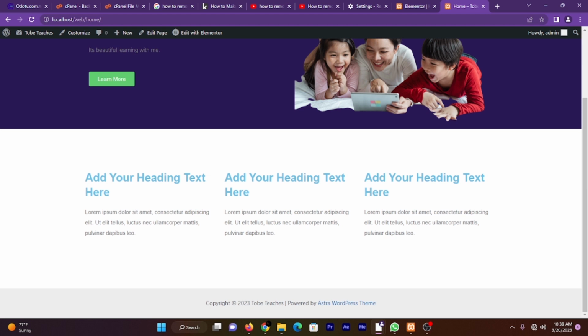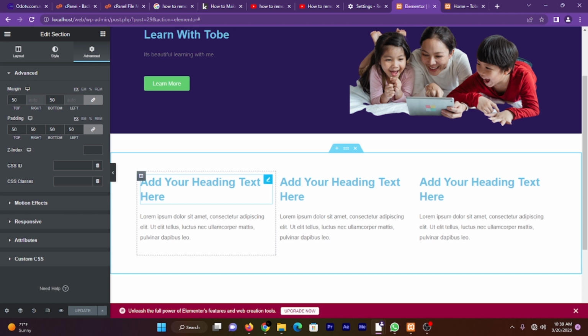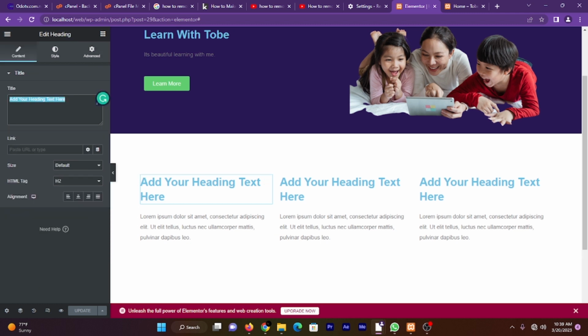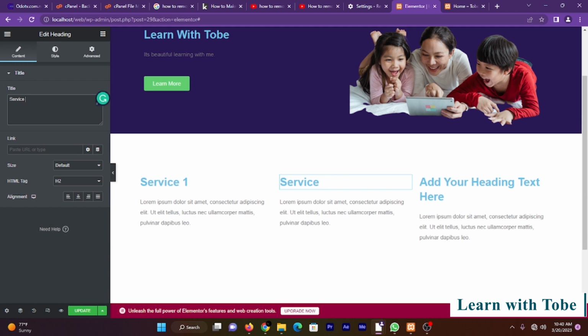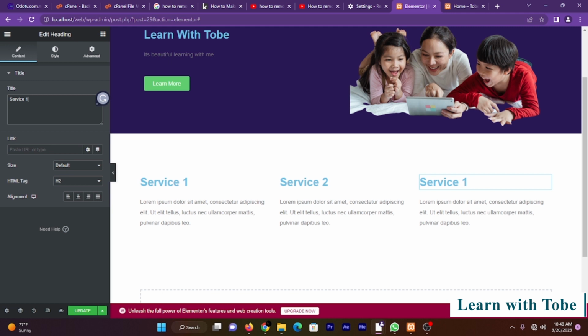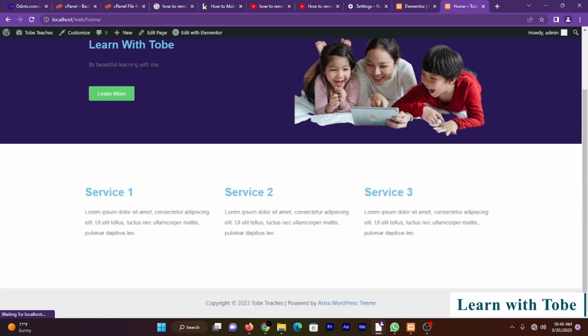Alright, I think this is looking more nice. So you can edit to what you want. You can say service 1. I'm going to copy that. Service 2 and service 3. So that is it to save, and then when you reload the website,